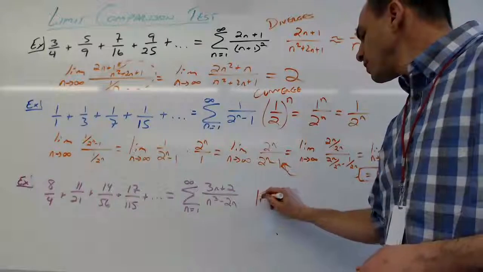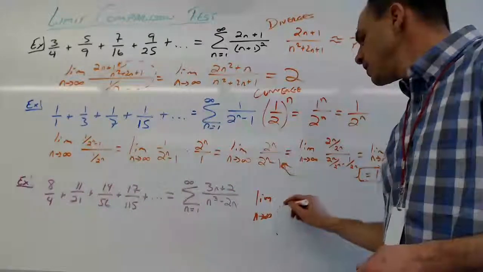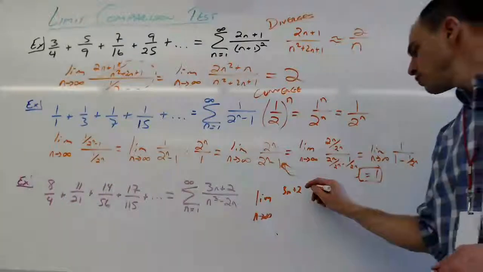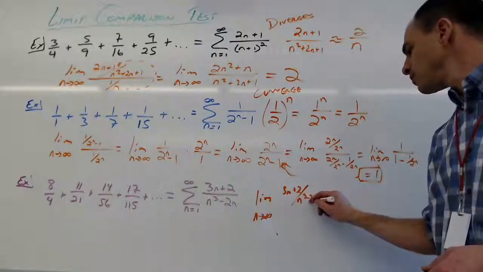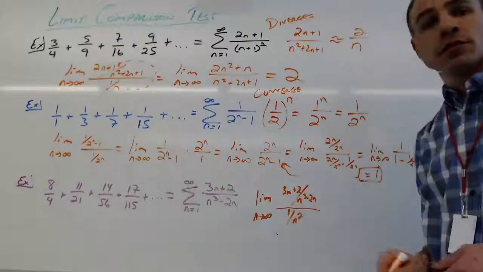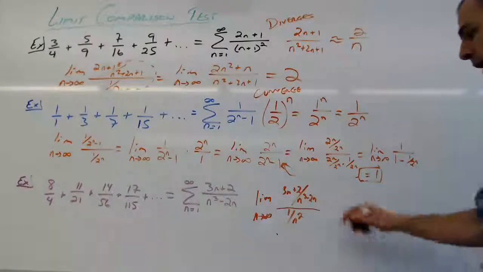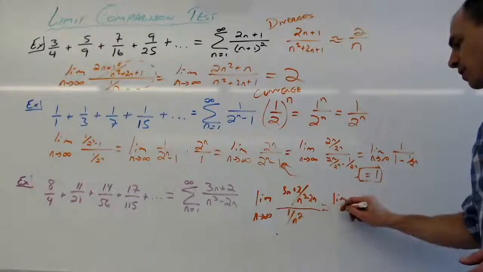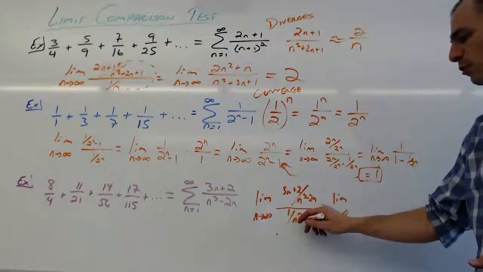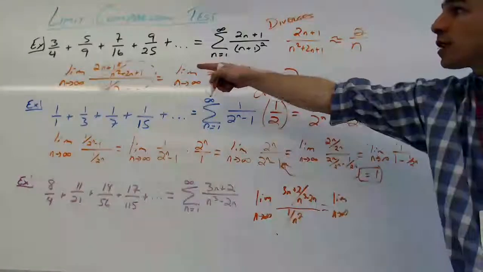We've got the limit as n approaches infinity. The series we're curious about is 3n plus 2 over n cubed minus 2n. The series we're going to use is 1 over n squared. That's our converging p series. As we rewrite the limit, we can see the limit as n approaches infinity. We're going to multiply by the reciprocal, so we're going to multiply by n squared, and just like before, that